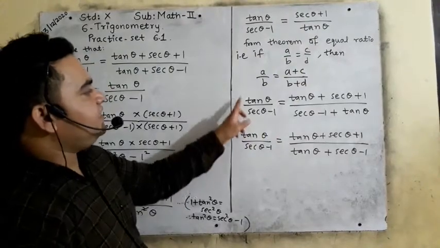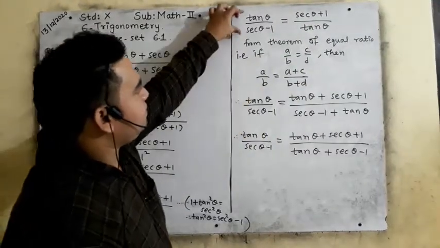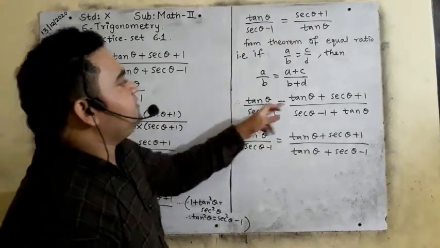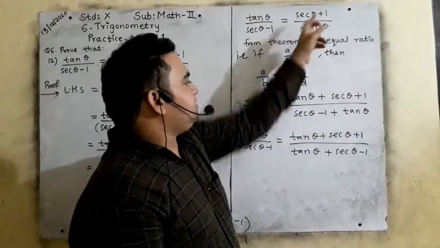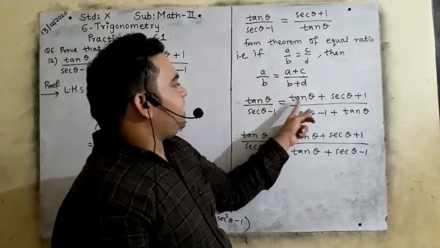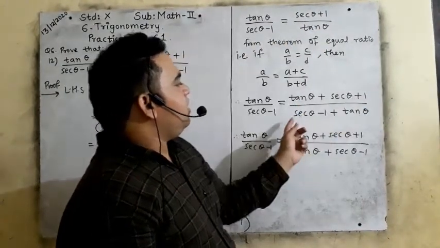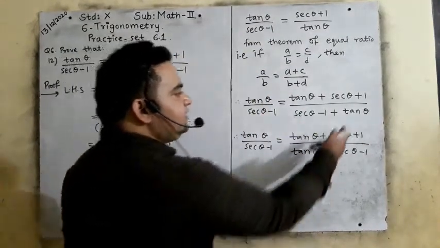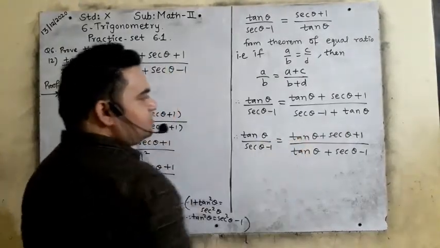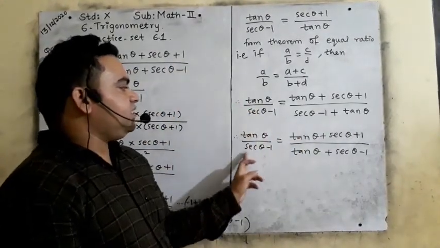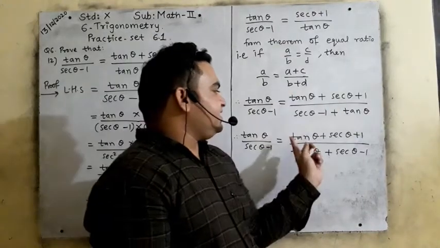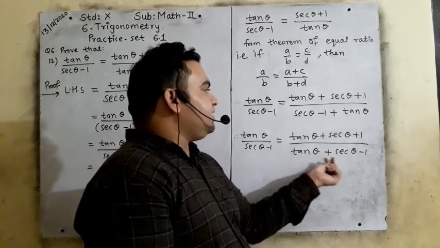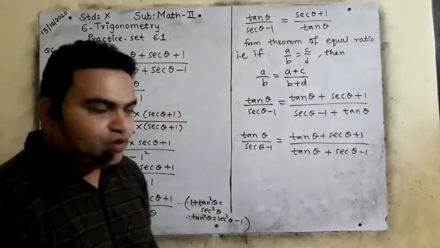Okay, so we will write the same, in place of a upon b this first LHS, tan theta upon sec theta minus 1, that is a upon b. Then a plus c: this tan theta is a, right? So tan theta plus c, sec theta plus 1, upon b, this is sec theta minus 1, plus tan theta. So we will write it properly. We want tan theta first, so we will write the same tan theta upon sec theta minus 1, numerator as it is, tan theta plus sec theta plus 1 upon, tan theta you want first, so we will write tan theta plus sec theta minus 1. I hope you understood here.